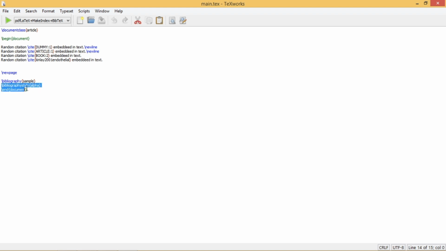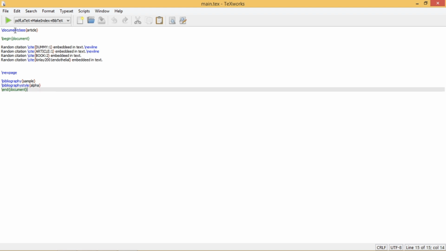And in the second last line, you need to mention the style of your references. I have mentioned it alpha, you can change it like IEEE, APA, MLA, Chicago, whatever the style that you want, LaTeX will automatically format your references and give you results.